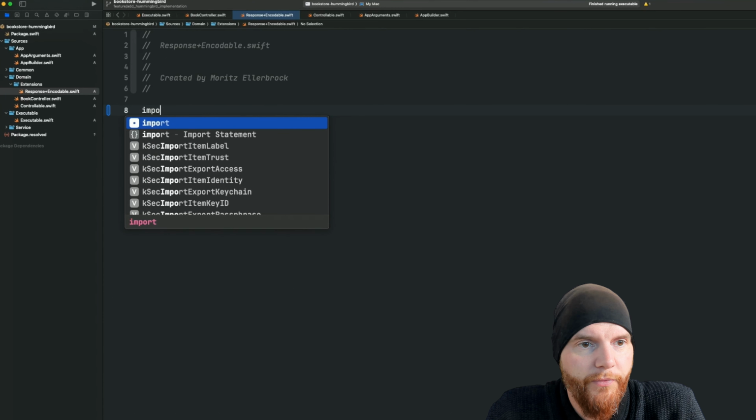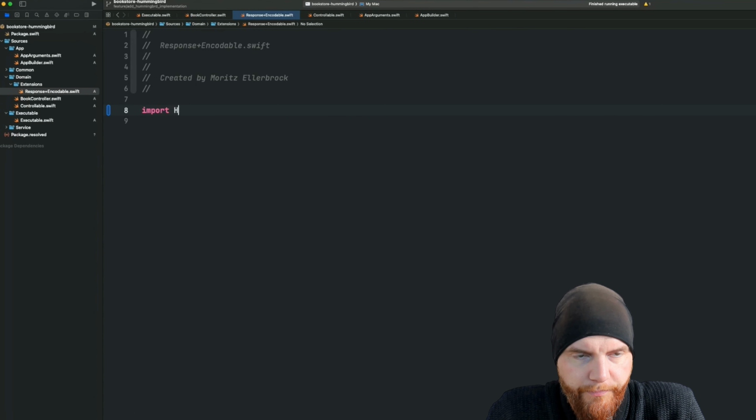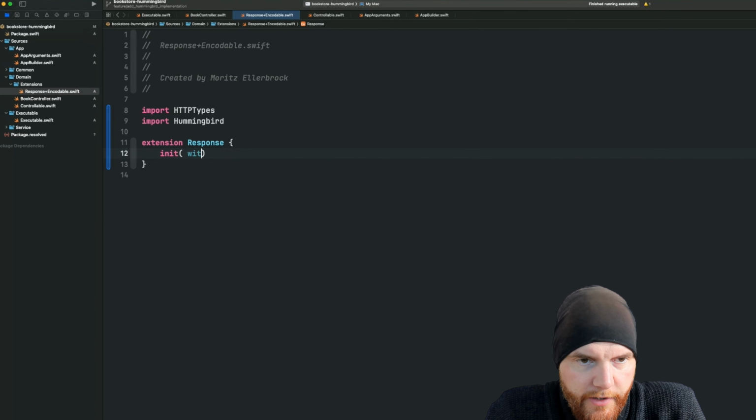So that's not a big problem. So let's go for import Hummingbird. Let's do an extension on the response. This will be an initializer that will be able to take a codable